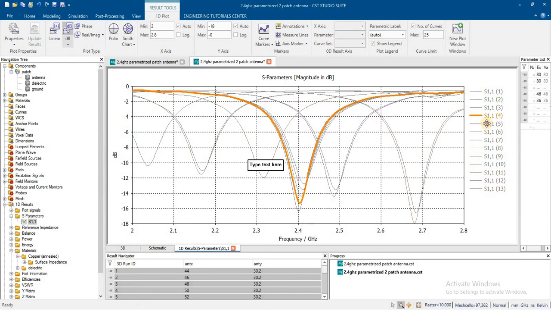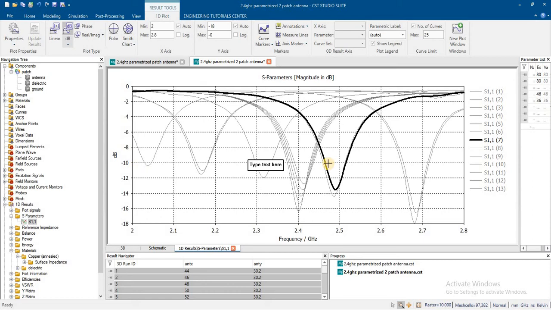These results we have seen earlier for antenna x. Now this is the result of the change in antenna dimension on the y-axis. You can see that the band has shifted from 2.4 to 2.6 gigahertz. Similarly, in this case 2.4 to 2.5 gigahertz.